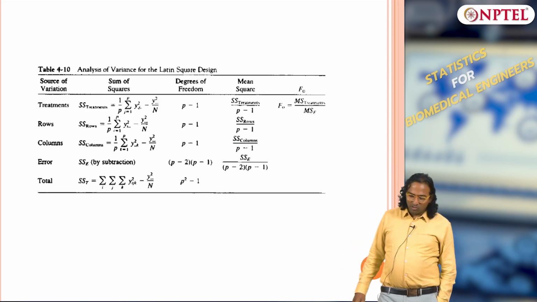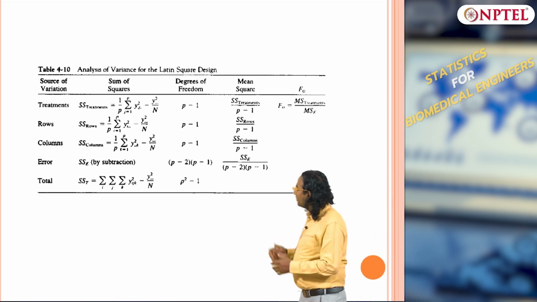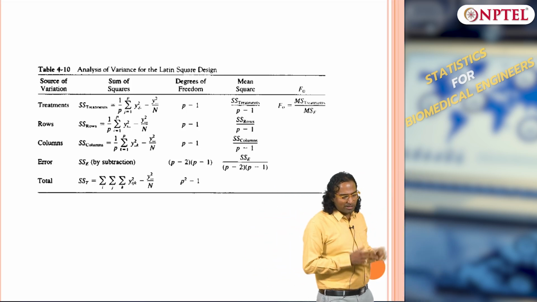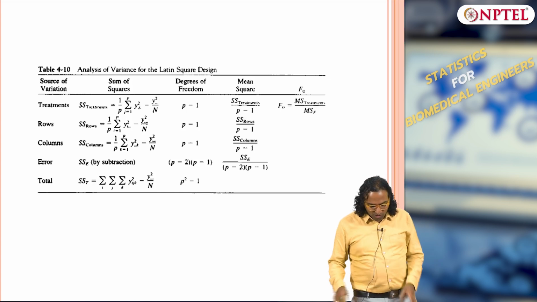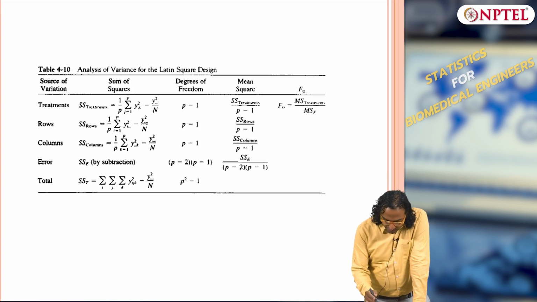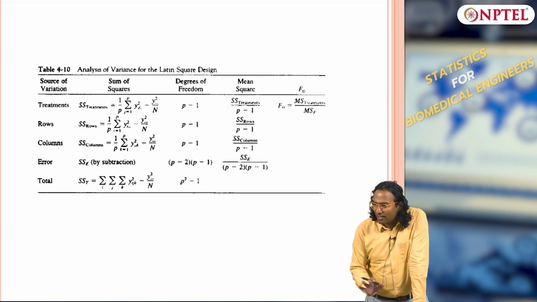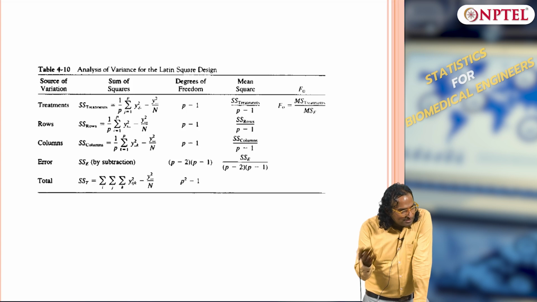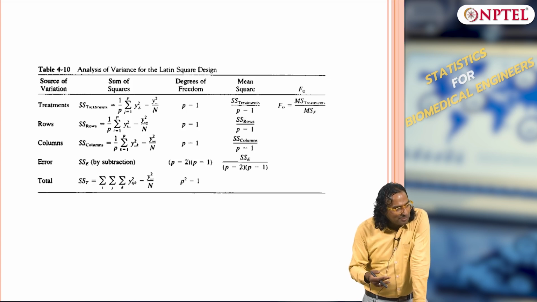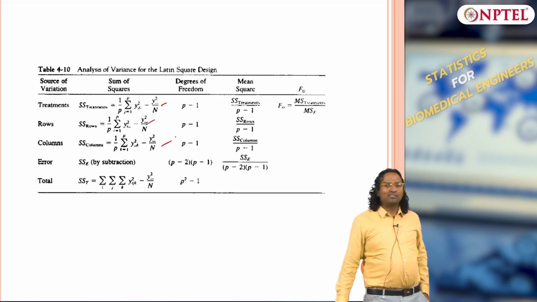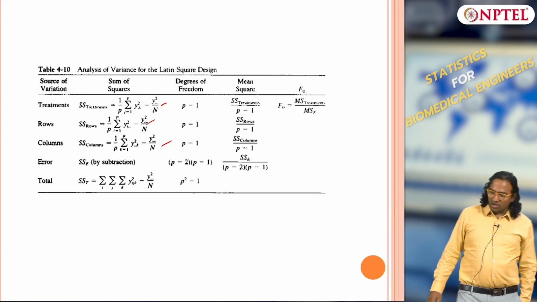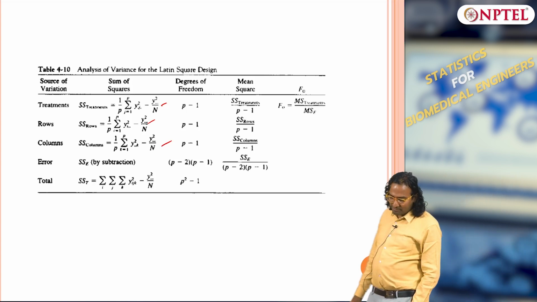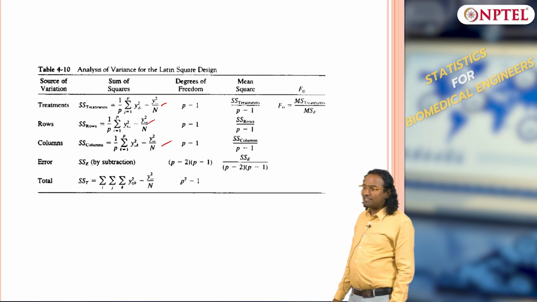So, this is the total block diagram, or the table, for the Latin square: treatments, rows, columns. Again, this can be derived, but we are not deriving any of this, because we have done it in detail for ANOVA and RCBD. It will be the same lines as ANOVA or RCBD. If you look at the formulas, everything will be similar except the degrees of freedom would have changed.